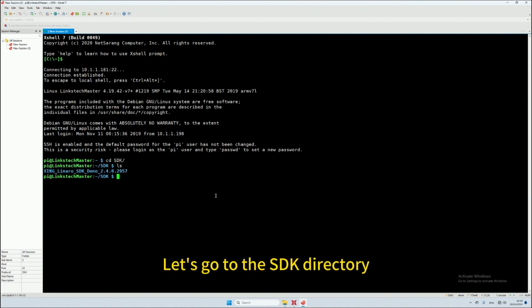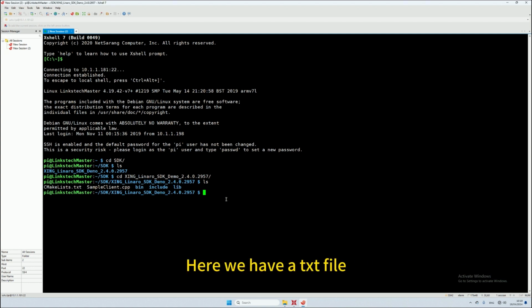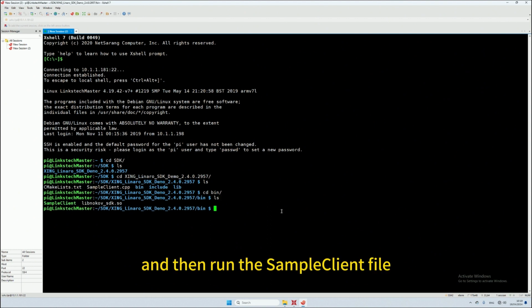Navigate to the SDK directory. Here you will find a TXT file, a sample client CPP file, and the bin folder. The include folder, the lib folder, go to the bin folder, then run the sample client file,